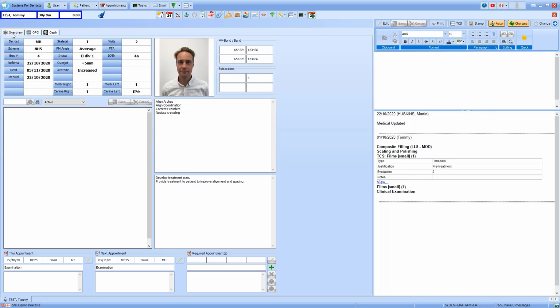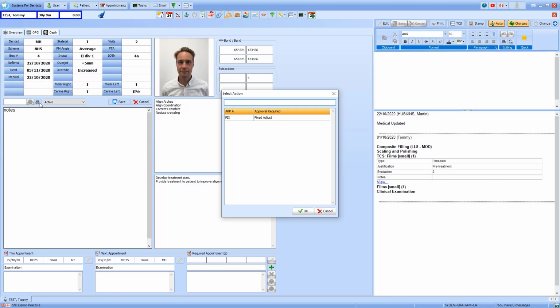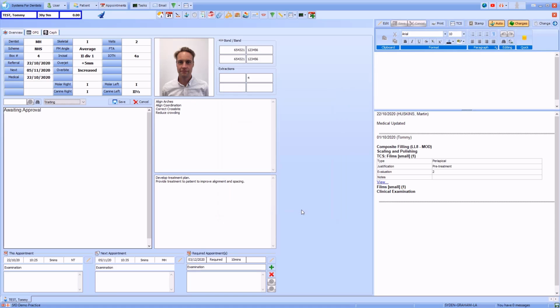The two boxes below the patient's image will show any objectives that have been recorded, as well as the patient's plan. The box on the left can be used to enter clinical notes, and above this you're able to view and update the patient's status. The search button to the left of this allows you to select an action. Actions can be set up to automatically change the patient's status, enter some notes, and also to add a required